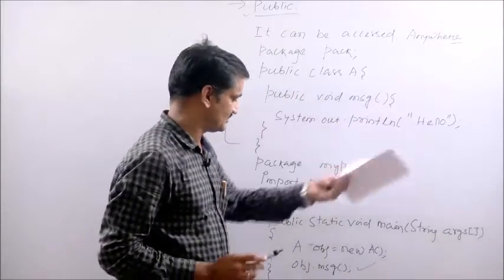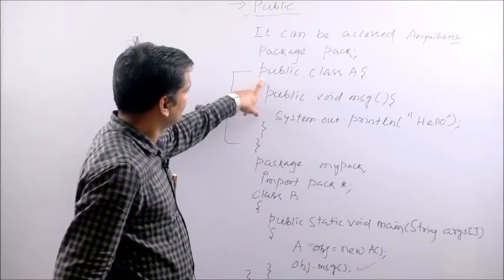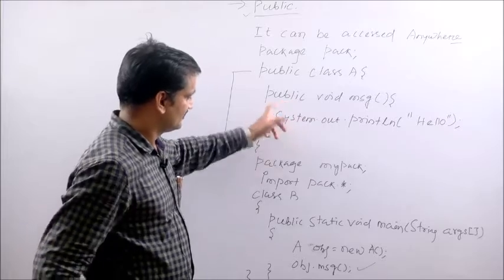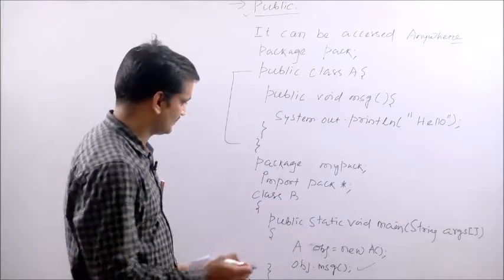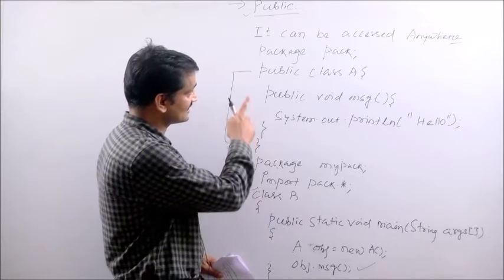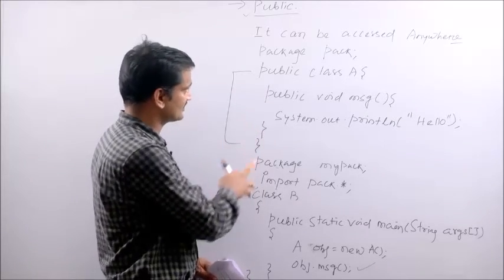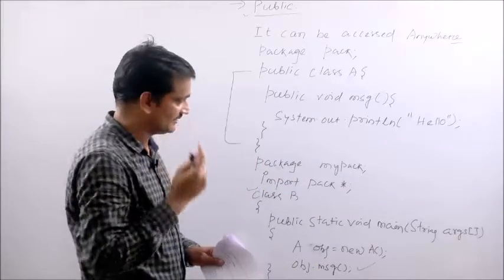It is going to print the message because this member is declared public. But the difference is that in the last one, when I explained protected, I defined class B as the subclass and class A as the superclass. But here you see there are two different classes. A is a different class, B is a different class. There is no relation between A and B.